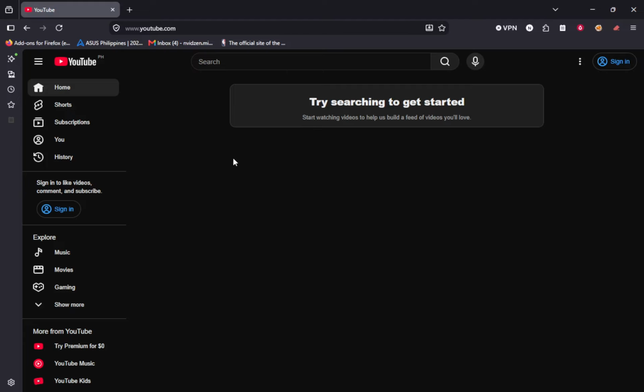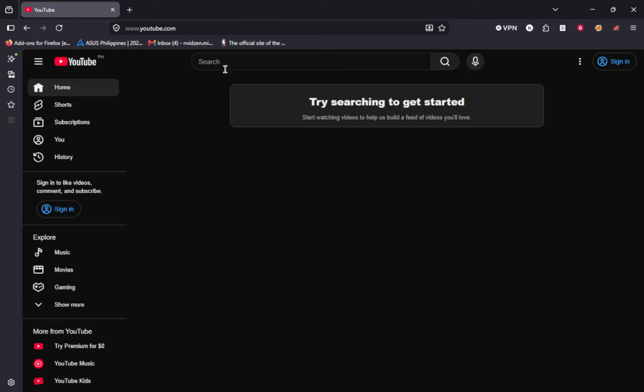You can scroll to see more videos or use the search bar at the top of the YouTube page to look for something specific. Firefox uses the address bar to go directly to websites when you type a full address, so you can repeat this process anytime you need to open a site. From here, you can also make YouTube easier to access in Firefox.